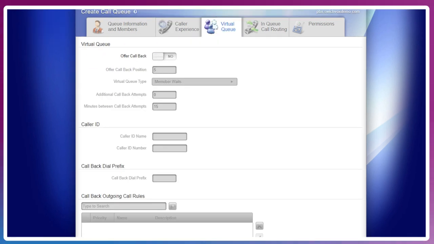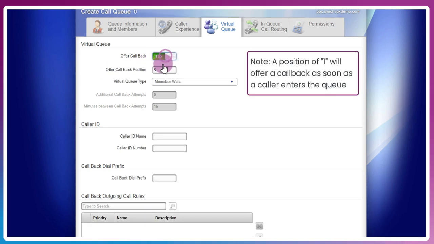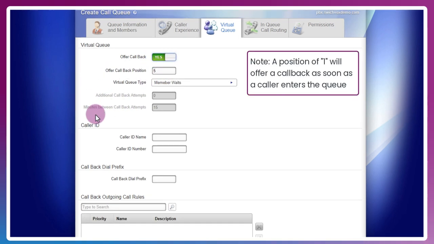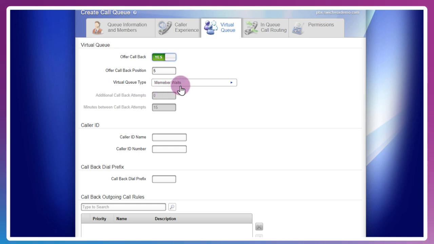So this queue will offer callers the ability to receive a callback instead of waiting on hold, and only those placed 5th or higher in line. Our queue type is member waits, and we can set our custom caller ID to show callees when receiving the callback from this queue. And you can add a number should you want to do so.